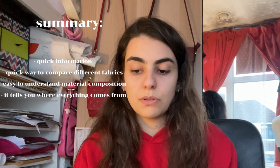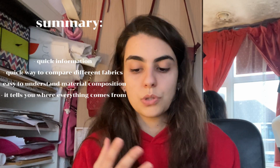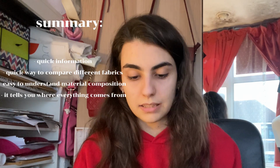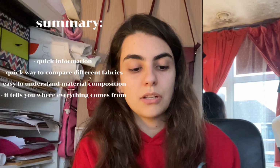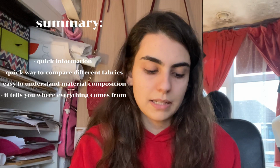The project I was doing at the moment really required me to have a lot of knowledge about the fabric I was using, where it's sourced from, which one is the most sustainable, how to use it, what the characteristics of the fabric are, and so on. The most that I've been using out of this book is the pages of the different fibers. For example, bamboo. I was looking into using bamboo as a potential